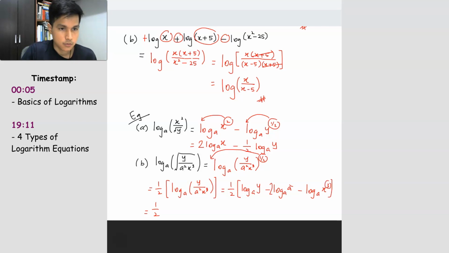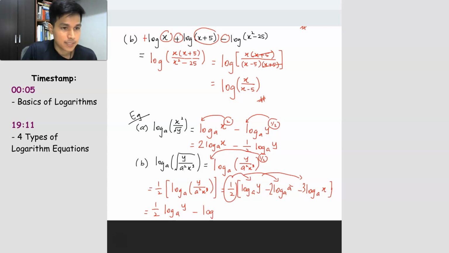This 3 also I'm going to bring in front. Later you will understand why I'm doing this, because I have no space to keep writing, so I want to make it faster. Bear with me. Now I'm going to expand this to all of them. So 1 over 2 times log y base a, you get 1 over 2 log y base a, minus, so now you have 1 over 2 times negative 2, so you get 1, so you are just left with log